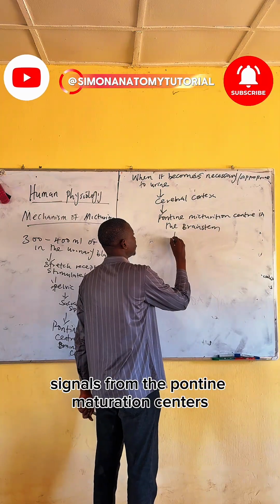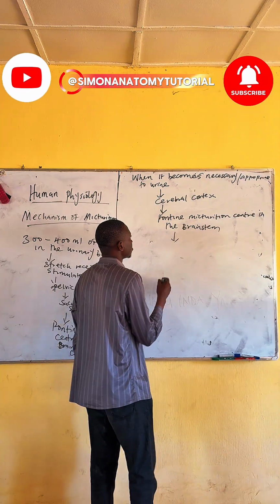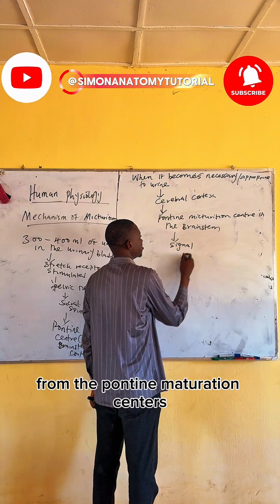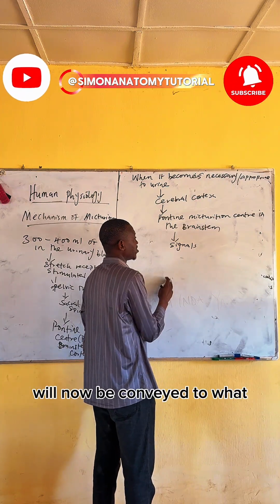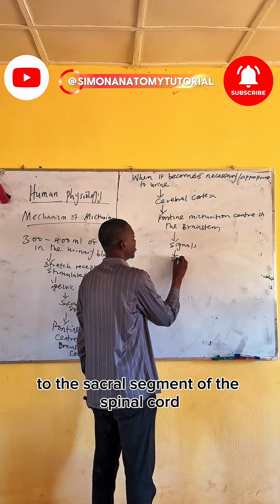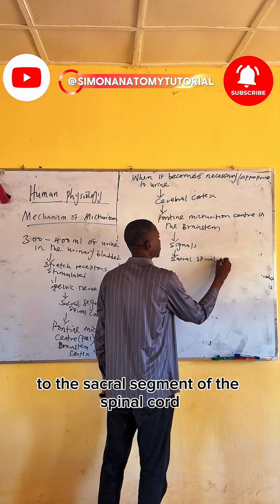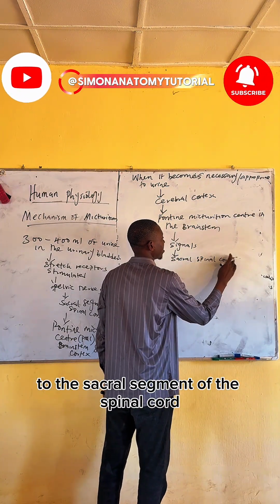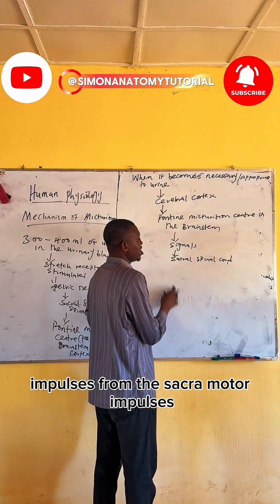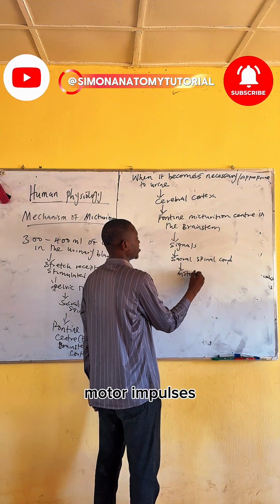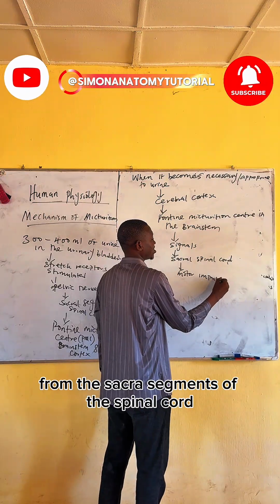Signals from the pontine micturition centers will now be conveyed to the sacral segment of the spinal cord. Motor impulses from the sacral segments of the spinal cord